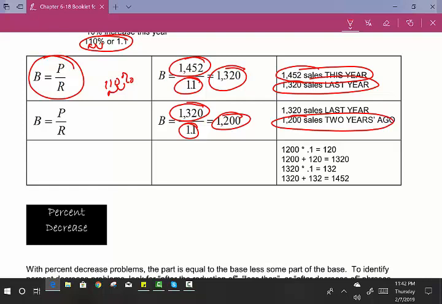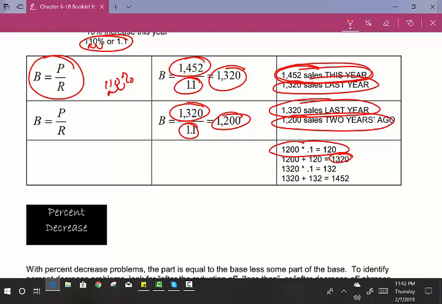And with a 10% increase, we sold 1,320 last year. And with a 10% increase, we sold 1,452 this year. Let's prove that. Let's kind of work from the back end out. Let's go 2 years ago, and we'll start right here. 1,200 times 10% increase, or 0.1 after I move the decimal point 2 places to the left. That means I sold 2 years ago 1,200 plus 120 more for the next year to give us a total